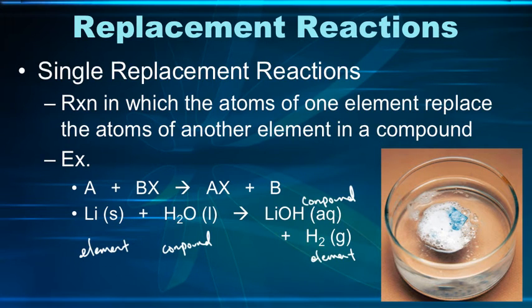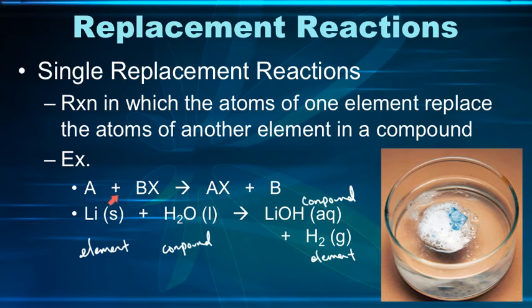Our next type of reaction is called a single replacement reaction. This is a reaction in which the atoms of one element replace the atoms of another element in a compound. An example here, the generic formula is A plus BX yields AX plus B. What that looks like in terms of substances, you could have lithium plus water yielding lithium hydroxide plus hydrogen